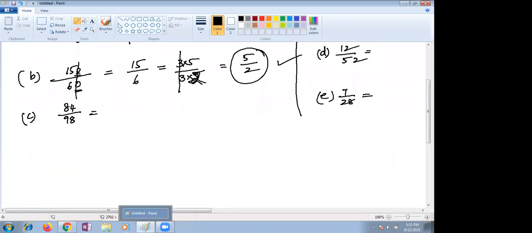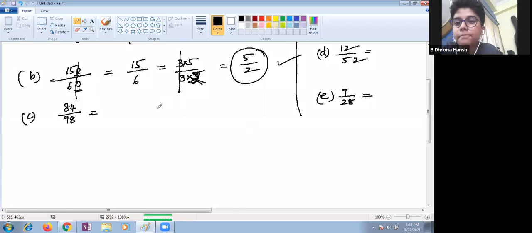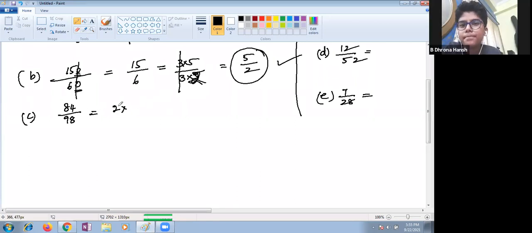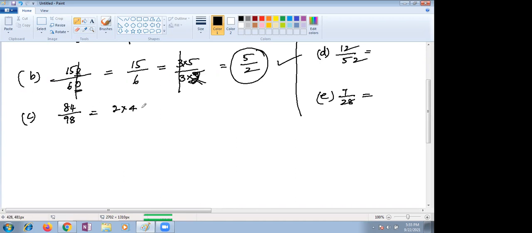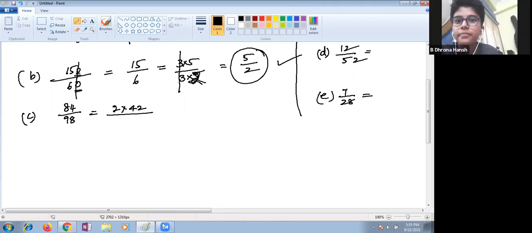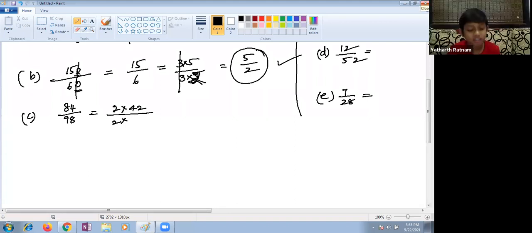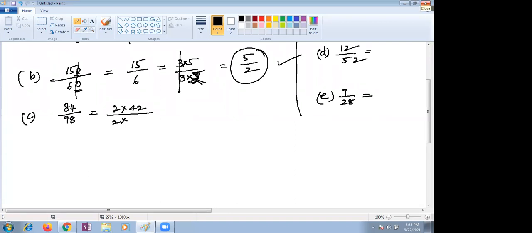Ma'am, 2 is divisible with both numbers. Very good. The 2 divisibility rule we can apply. So half of 84 means how much, Nana? 8 half means 4, and 4 half means 2. Next, the same way, check the denominator also. So 2 table. Half of 98 means 49. Very good. 49.